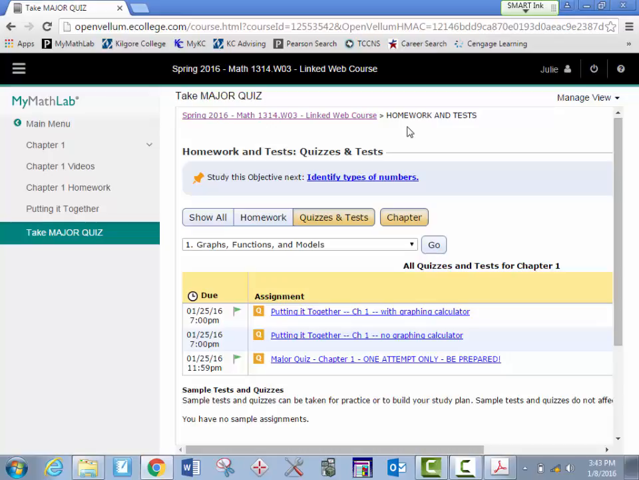Now here's the thing. If I come down here right now as a student and I click on this, I'm able to get into it. That's my 1 attempt. So you do not want to accidentally click into this before you are actually prepared to take this quiz. All right, let's say I'm a student and I've done all my chapter 1 homework,